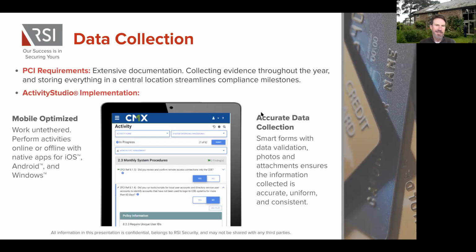Yep. Thanks, Peter. You can see here, we've got a screenshot of our tablet. Obviously, we're mobile optimized. We have native iOS, Android, and Windows applications in all the app stores. They synchronize with your main SaaS platform site, bring down all the activities, the procedures, the policies that relate to them, and present them to the user in an easy to manage format with available hints and suggestions, ensuring you get accurate data collection